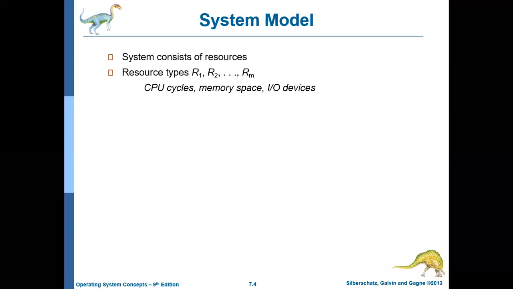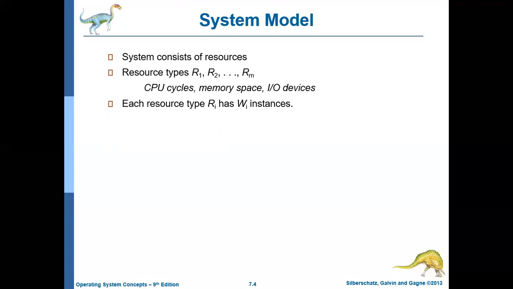Even semaphore is also a resource, because semaphore is basically a locking mechanism which is used to avoid the problem of critical section. Okay, but that is also a resource. Semaphore is also a resource. Mutex locks are also a resource. So all these are the different types of resources a computer may have,